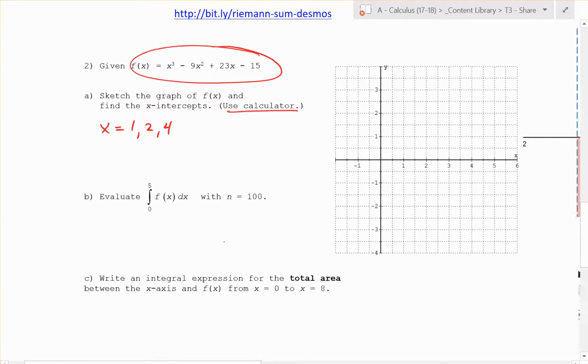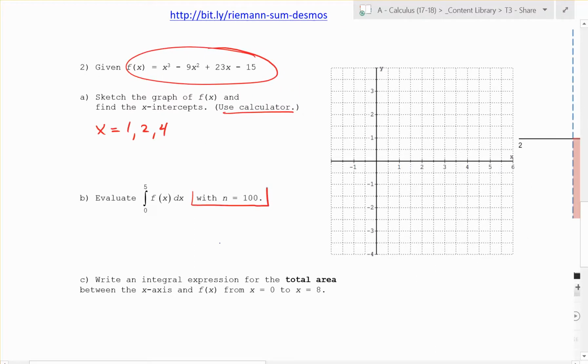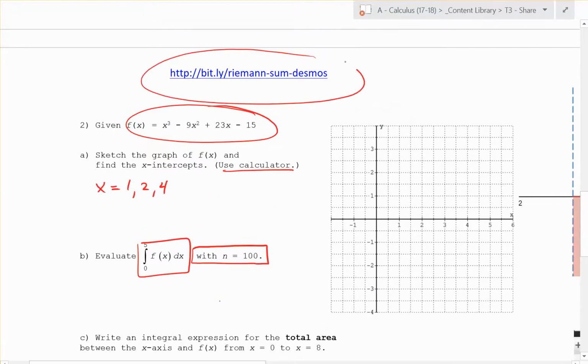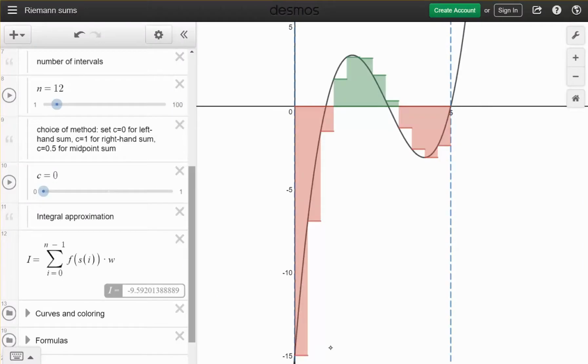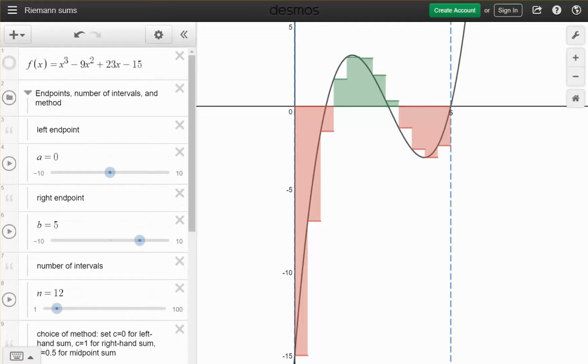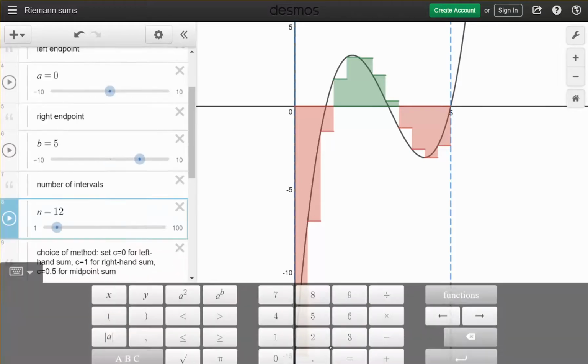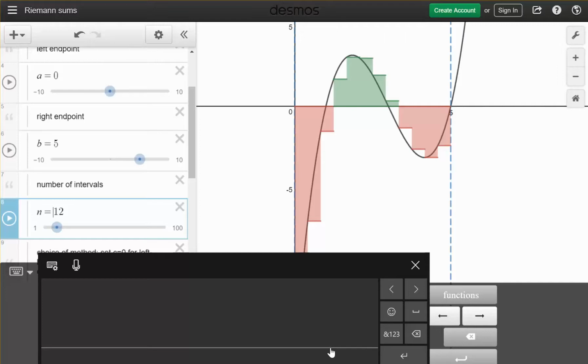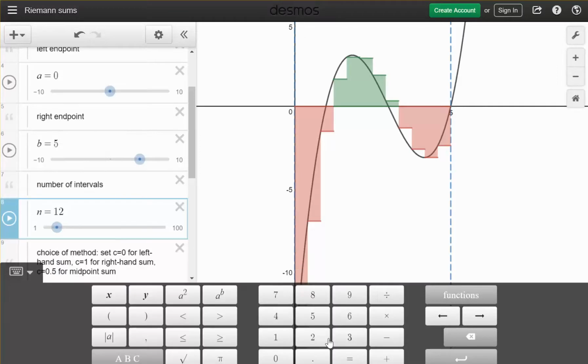So now we need to evaluate this with n equals 100. That's 100 subdivisions, and when n is that big, you do not do this by hand, and it's 0 to 5. Now we're going to use the Riemann Sum Decimus Calculator. This is a really nice one because it graphs any function, and you just need to make sure you play with the sliders. So here's the function in this Riemann Sum Calculator. I put it in up there. Goes from 0 to 5. Let's change the number of inputs right here to 100. So if we change this to 100 here,